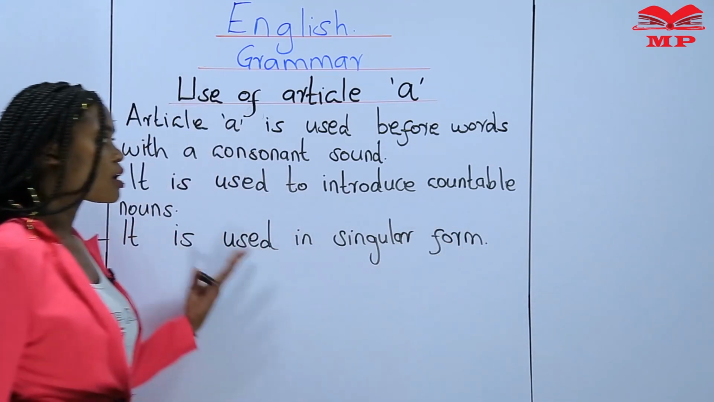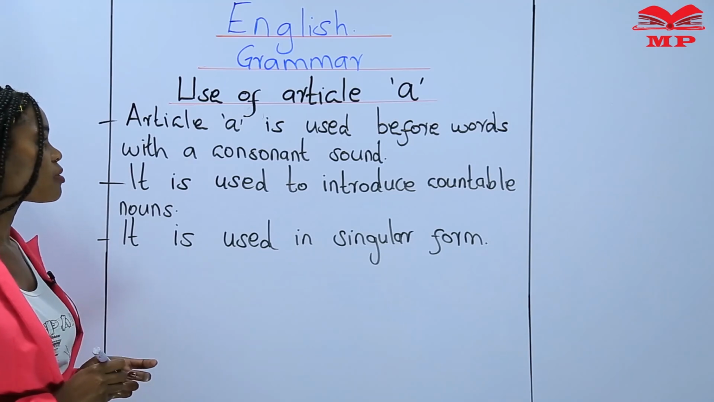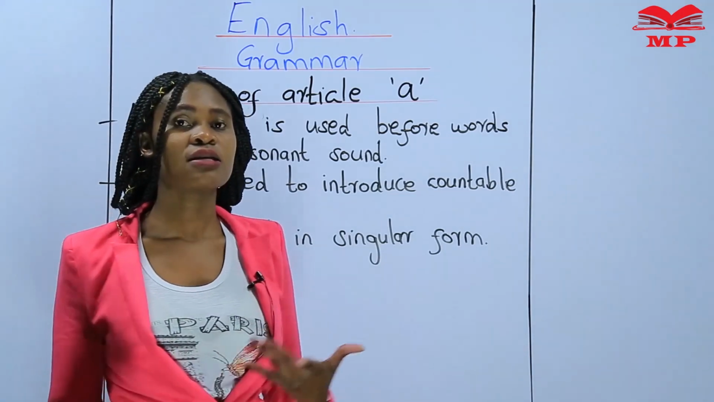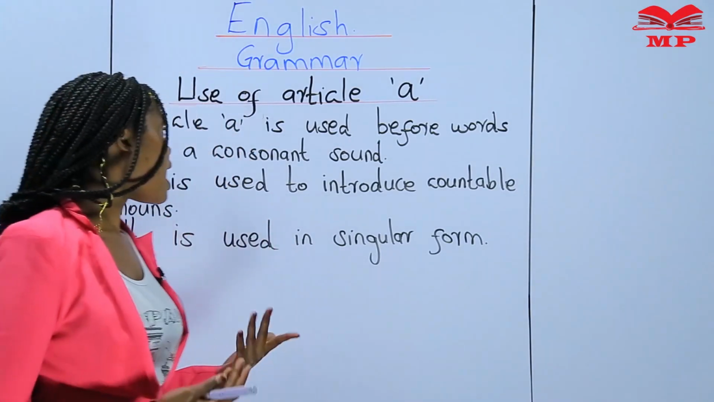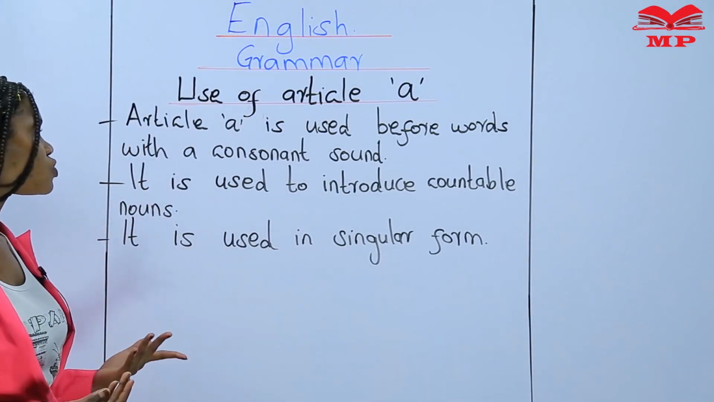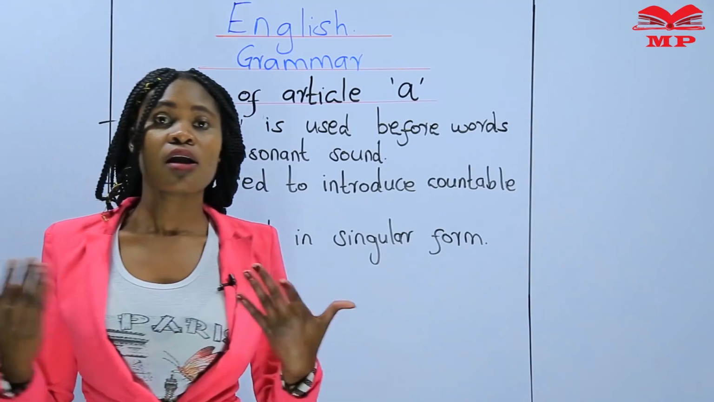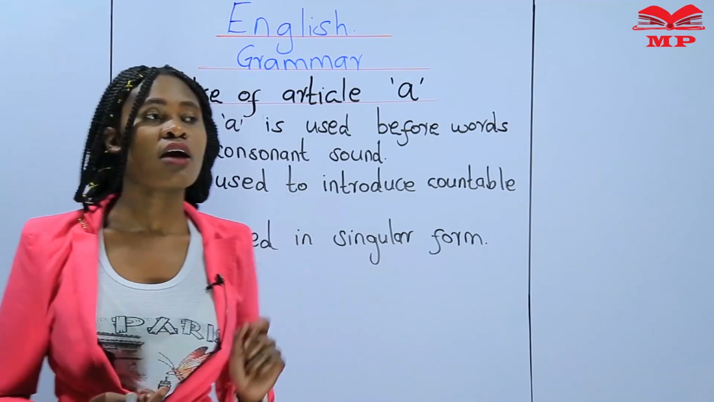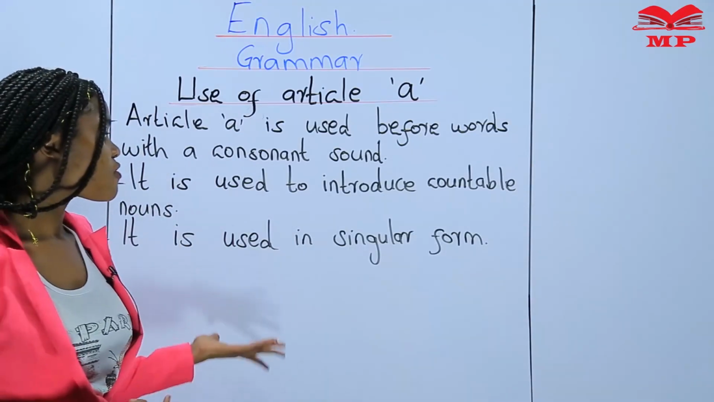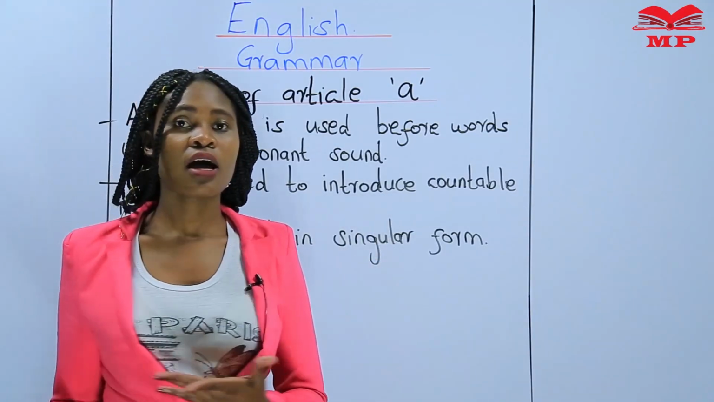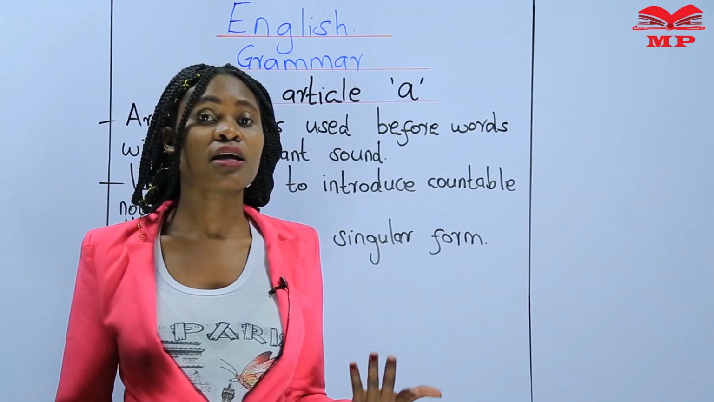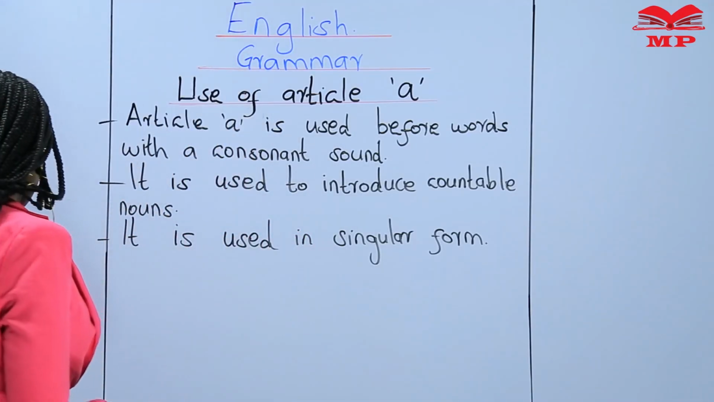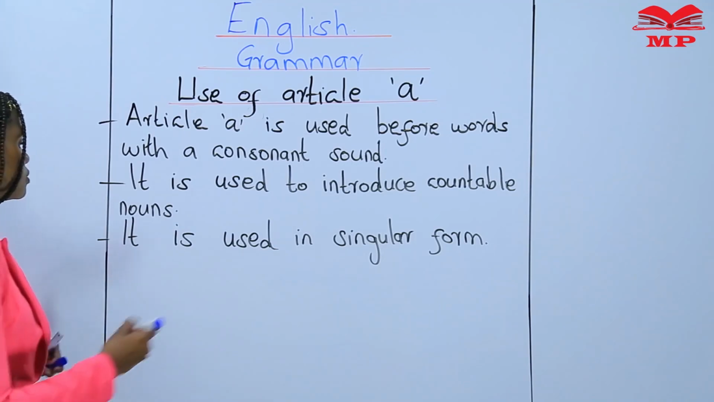So this is just a reminder of what we had already learned in the previous lesson, that article a is used before nouns or words that start with a consonant sound. However, it can also be used to introduce a countable noun, and it is always used in singular form. So let's go through a few examples, then later we shall go through the assignment I gave you, and finally I'll add you more work. So for examples,